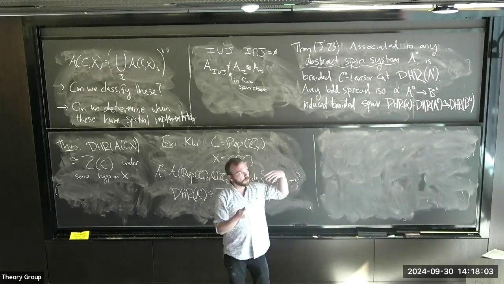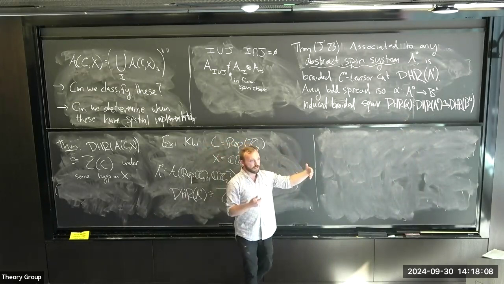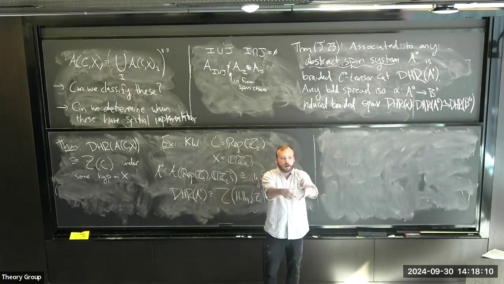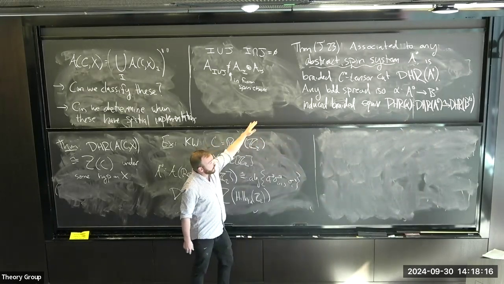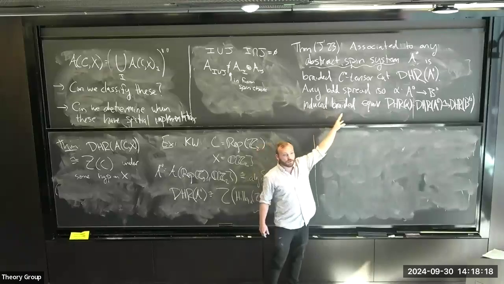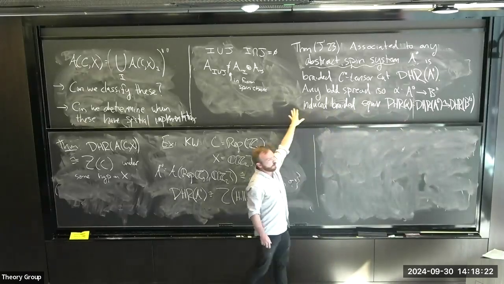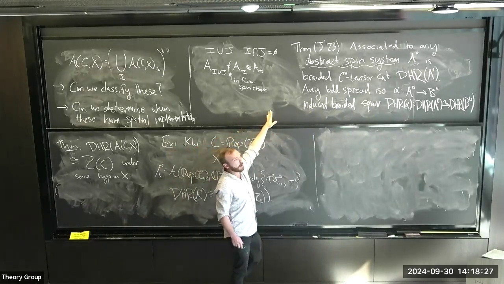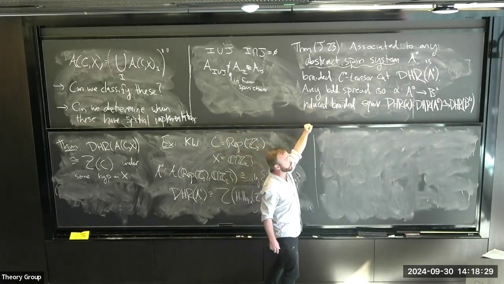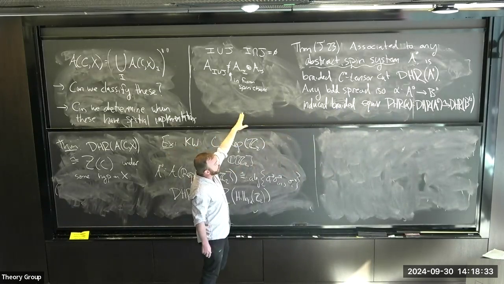If you're familiar with the DHR theory from algebraic quantum field theory, what you do there is you look at endomorphisms that are localized in little light cones, but they're isomorphic to ones that can be localized in any little light cone. The idea is to come up with a version of that, but using bimodules, because endomorphisms aren't sufficiently interesting to capture what's going on here, because our algebras, which are von Neumann algebras, are not type 3 von Neumann algebras. So you can't use the endomorphism picture like you can in DHR,